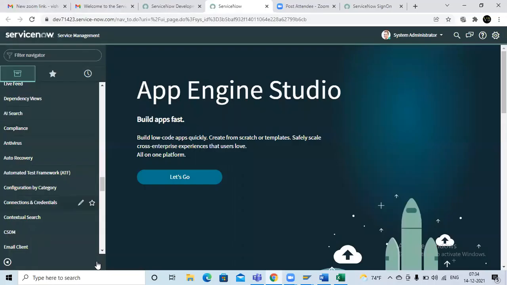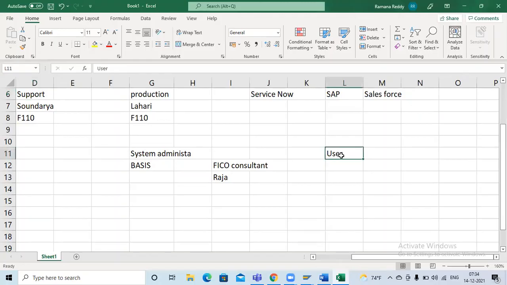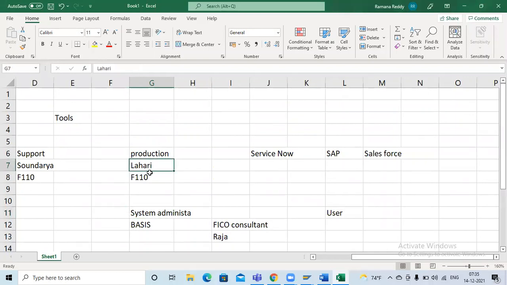They will take the ServiceNow credential and they will create the users. If you join a company, someone will automatically create your user ID, your password, your email and everything. You don't do this work. Your work is how to raise a defect, how to resolve, and what the communication process is. That is only your work. The remaining all is system administration.